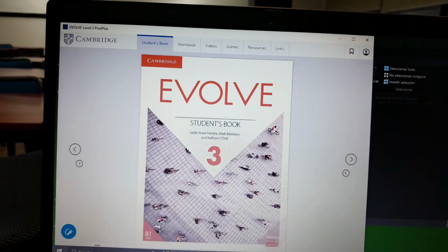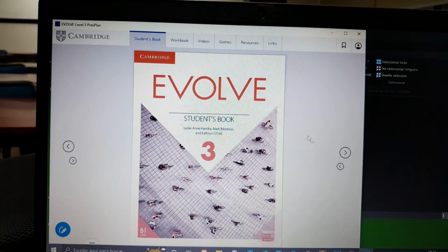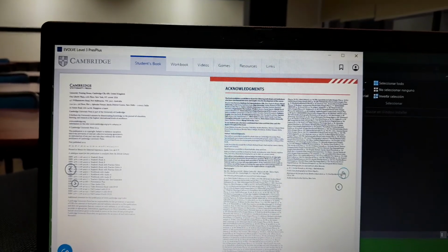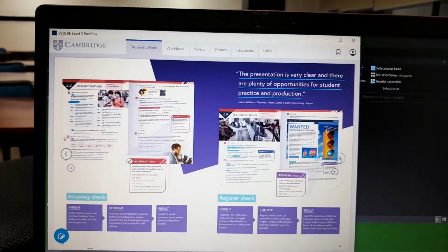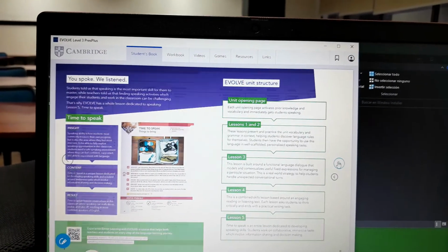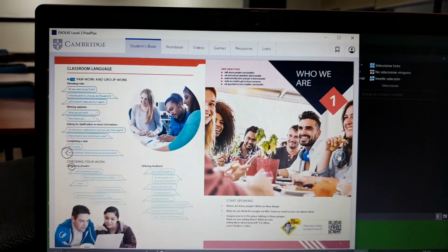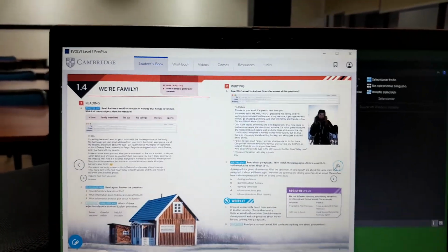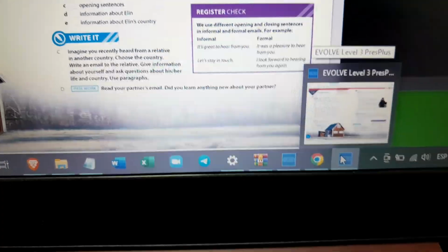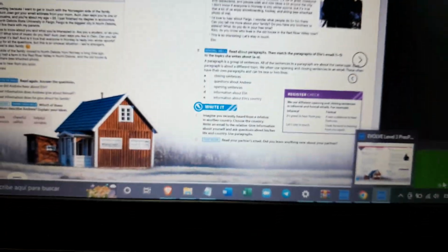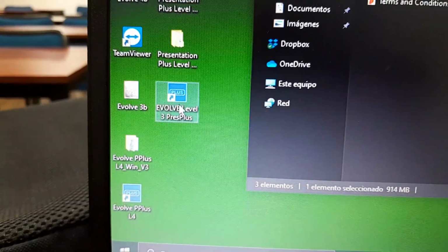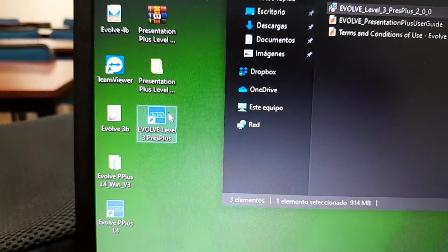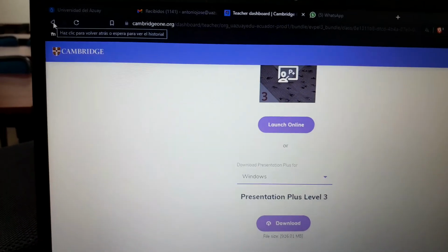Evolve 3, pretty much like what we had for Interchange. I mean, the interface is pretty much the same, but I will say this one works a lot better. It's how the 4th edition used to work, especially for audios. So faster, smoother. And remember, the icon will show up in here. Probably you selected to have an icon on your desktop, so that you can always check where it is. Now, if we go back to the website,